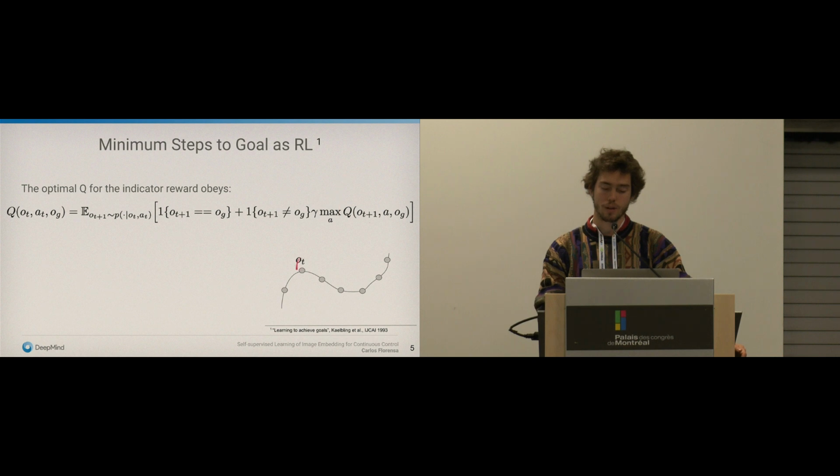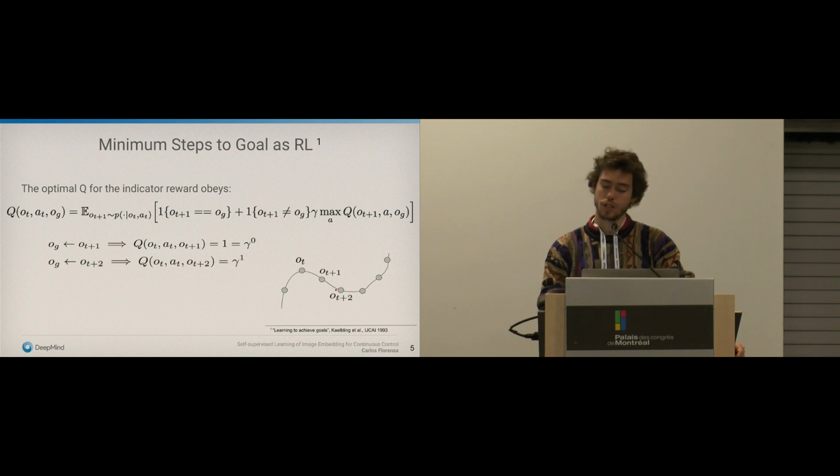Let's look at one trajectory. Here we are at this current observation, and let's imagine for one moment that the goal was exactly one step ahead. If we look at the optimality Bellman equation above, we'll see that the Q should be 1. It should be this term here, and the rest should be 0. So you can also write it as gamma to the 0, gamma being the discount factor. Instead, if the goal was 2 steps ahead, the first term would be 0, but then for the second term, we know that this one should be 1, because there's one action that leads us to this goal, which is the action that we took from here to here.